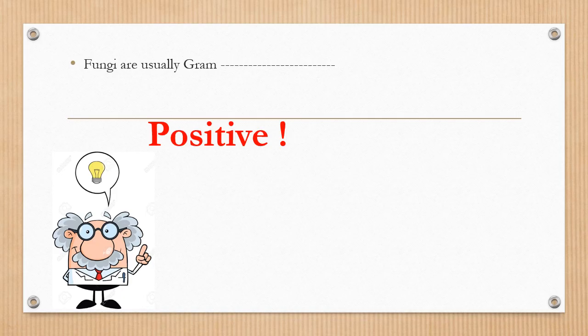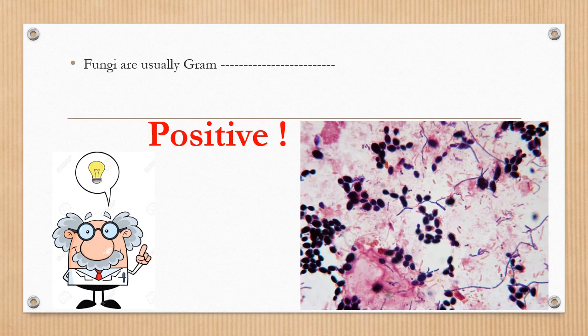it's a gram-positive stain. So sometimes if you have a blood culture and you're taking a drop of that blood culture and examine it under the microscope with a gram stain, you can see gram-positive yeast. But you can easily say that this is not bacteria, this is yeast, because of the appearance and the size of the gram-stained cells under the microscope. This is what you see. They are usually larger than the bacteria.